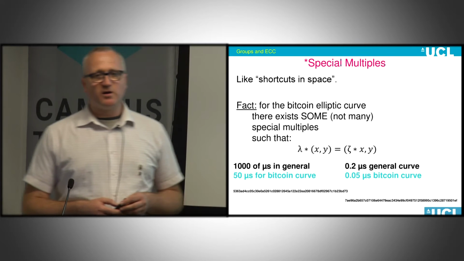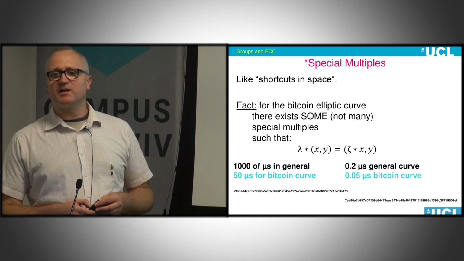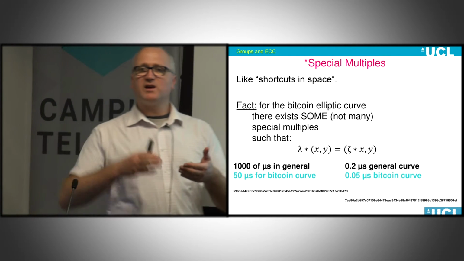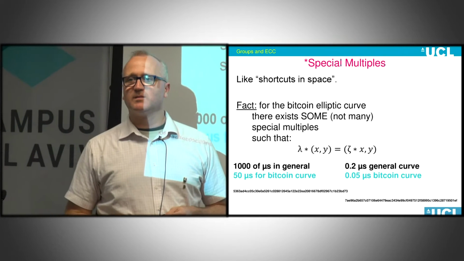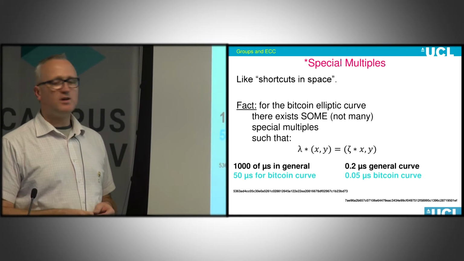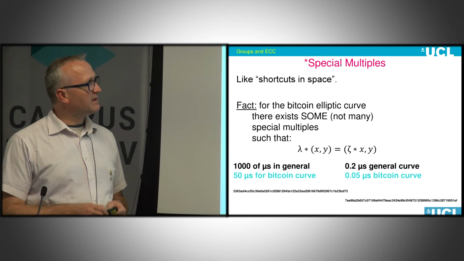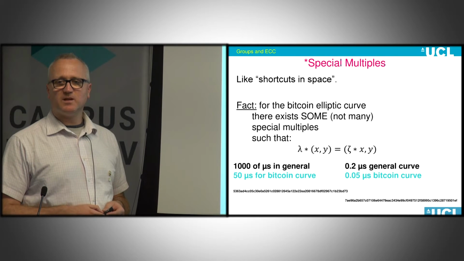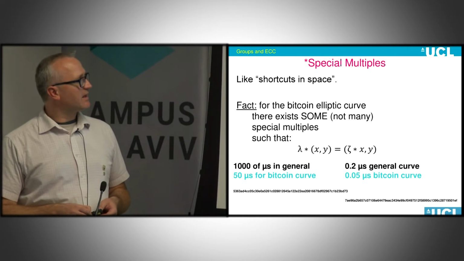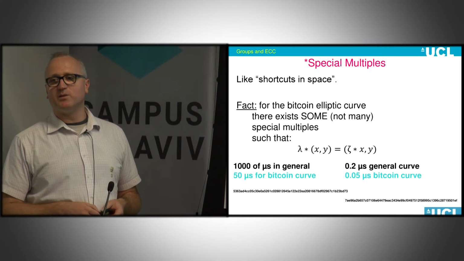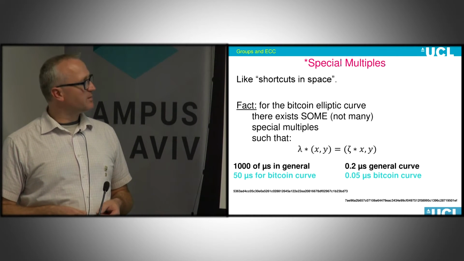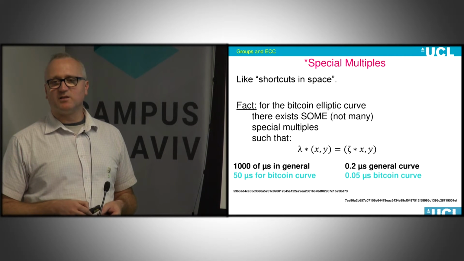If you want to know more technical details, this elliptic curve has tremendous shortcuts. They are like shortcuts in space. Okay, so it's like from here to planet Mars, I will travel in 1 second. Okay, so typically on an elliptic curve, when you take a point on an elliptic curve, which is typically two numbers, x and y, and you multiply it by a scalar, which is a large integer, this is an expensive operation. Like for a general elliptic curve on 256 bits, this takes like 1,000 microseconds on a normal CPU. Okay, for the Bitcoin elliptic curve, because it's very highly optimized, it still takes like 50 microseconds.